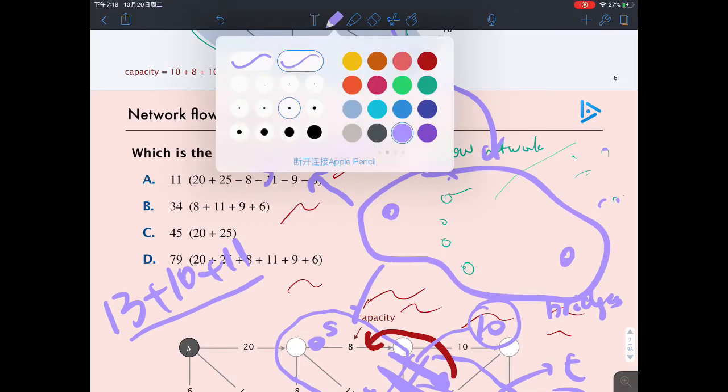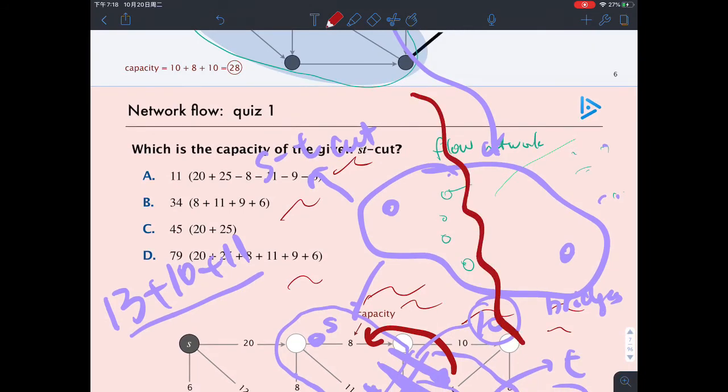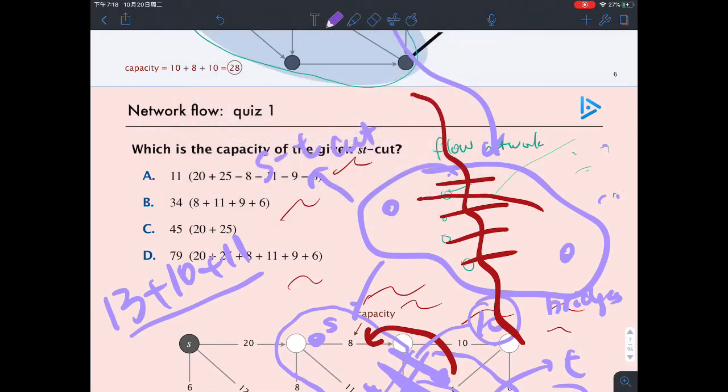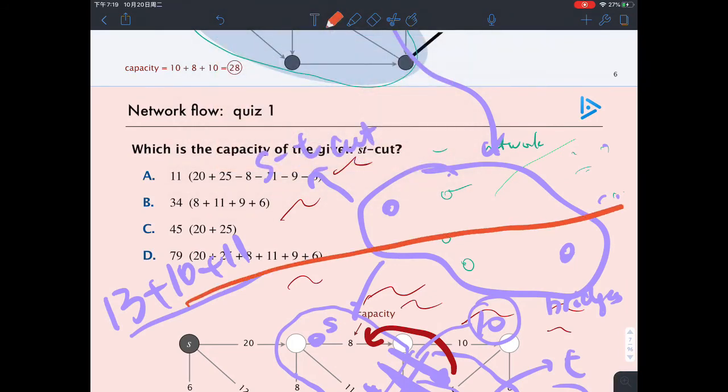But there's another interesting thing that's worth mentioning. Just imagine I have an island, that's S, that's T. If I have a very powerful monster, my monster can really cut things in an arbitrary way. The first time the monster can cut things in this way, then I can count the bridges in this way. But the second time, the monster may just decide, let me not cut things in this way, let me cut things in a second way. So the second time maybe it cuts through this way. When it cuts through a different way,